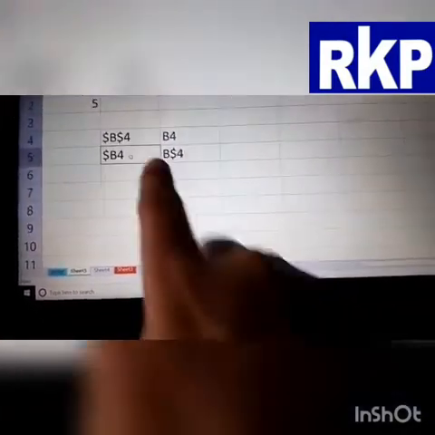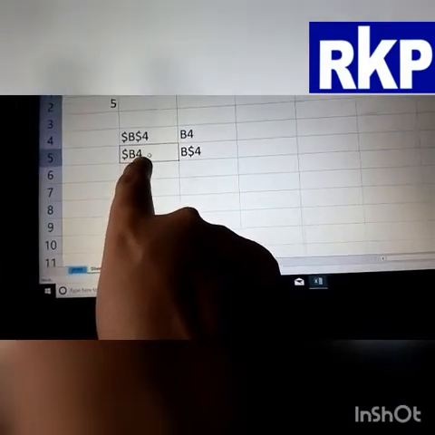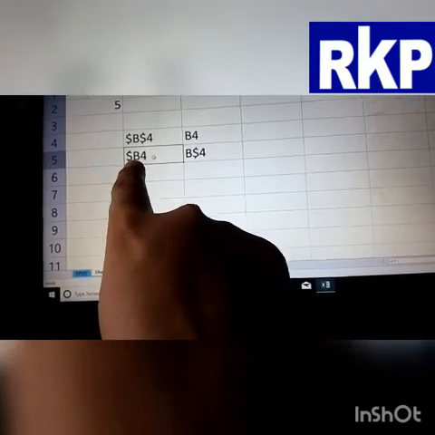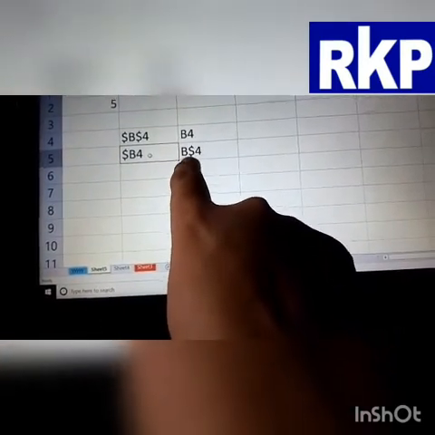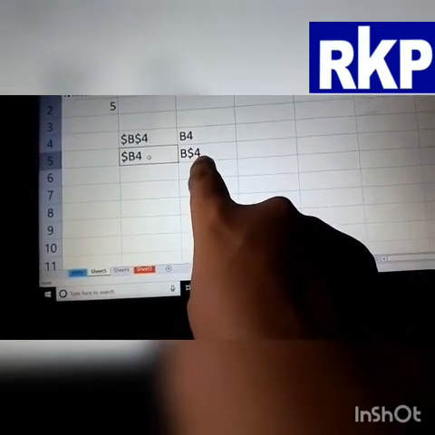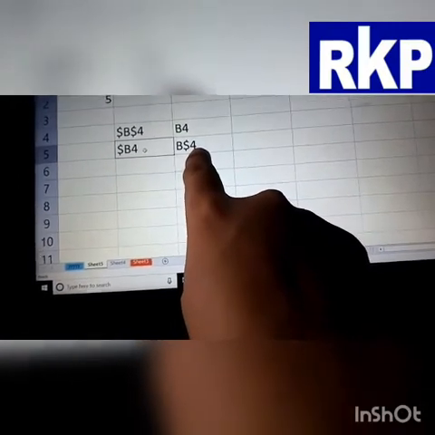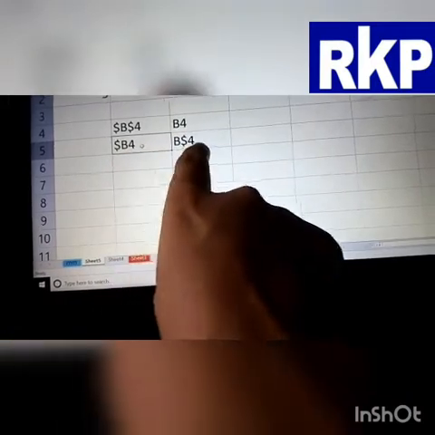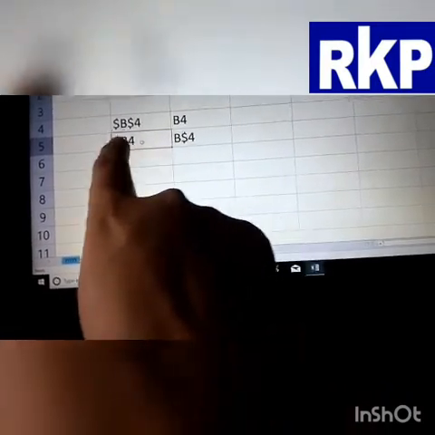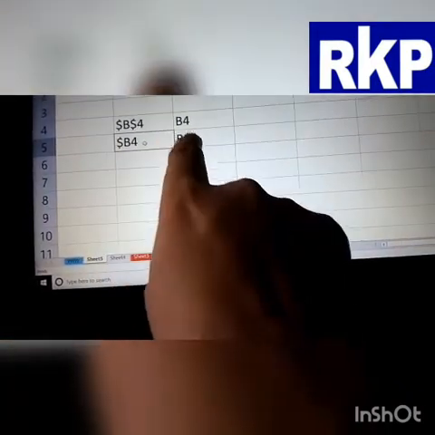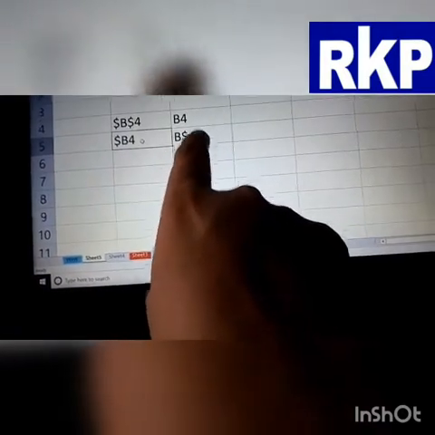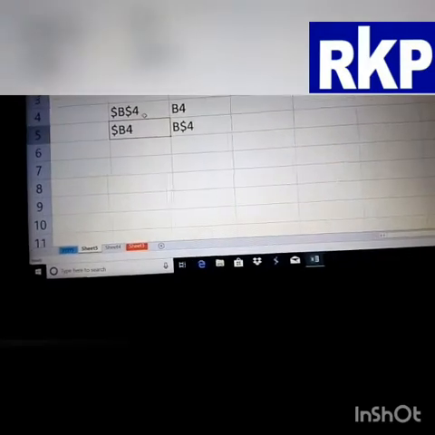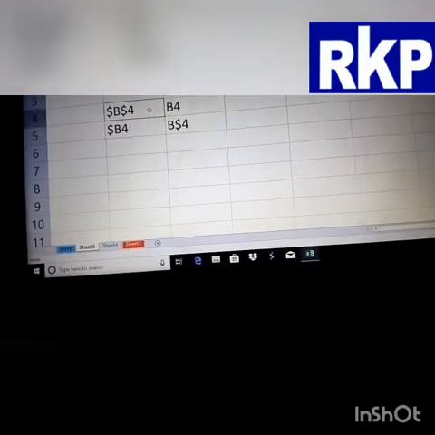In this, row number 4 is relative and B is fixed, absolute, and in this, column B is relative and row 4 is absolute or fixed. So this is called mixed reference. Either fix the column or fix the row by putting the $ sign before it. So how is it possible? Just see the example.